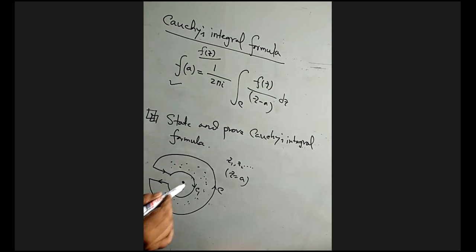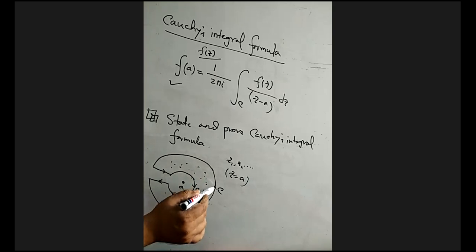Now to prove this, this is the closed curve C, and if we draw another curve, another circle C1, taking center also at A, then we can draw the curve like this. Anti-clockwise, this is the first curve C, and then another curve C1. This is the direction for contour integrals. So this is actually multiply connected.